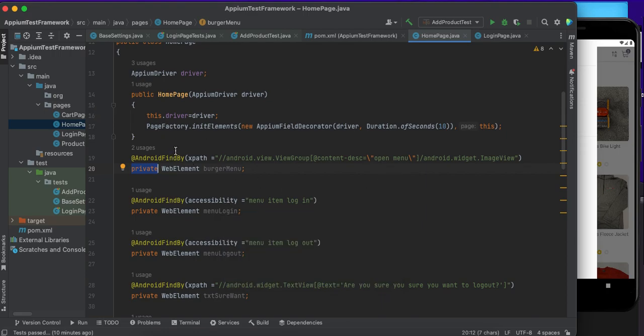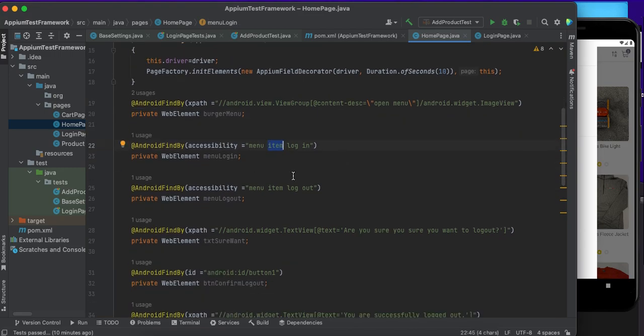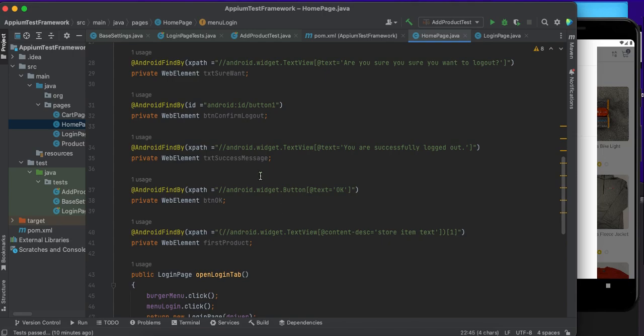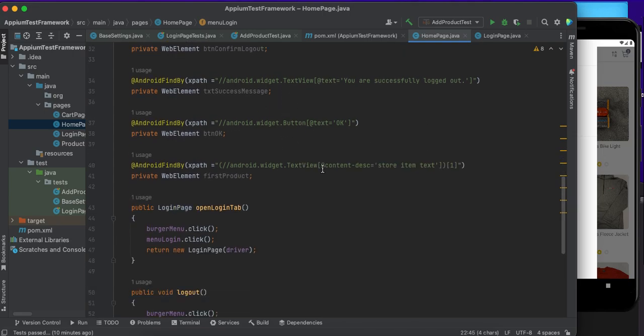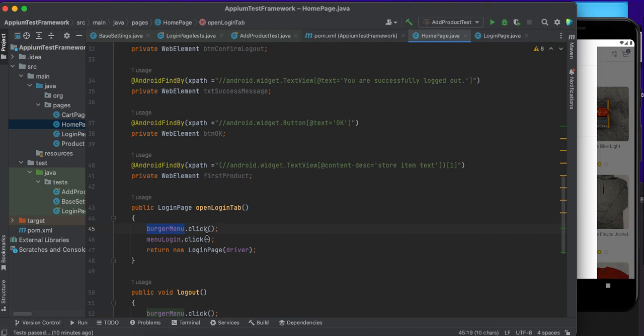So with these settings, I've defined the login menu and other things on that page too. I have covered a little bit of code. To open the menu, what I did was burger menu dot click. So with this, now this Android element, web element, you have all the